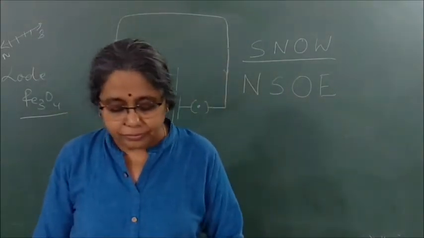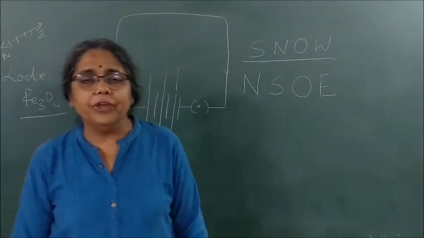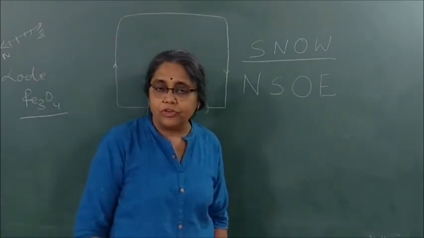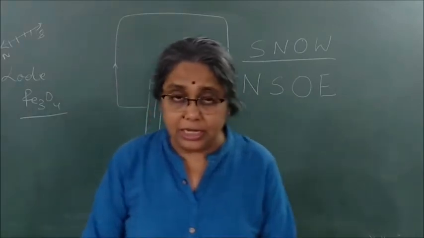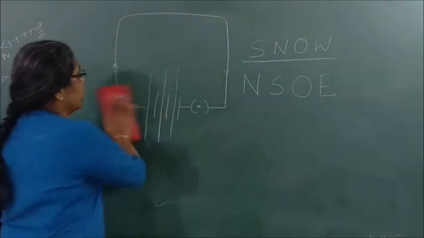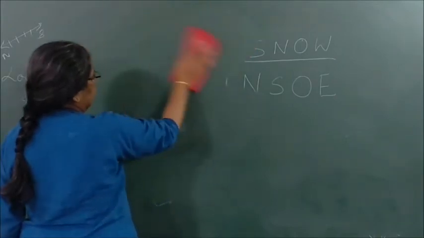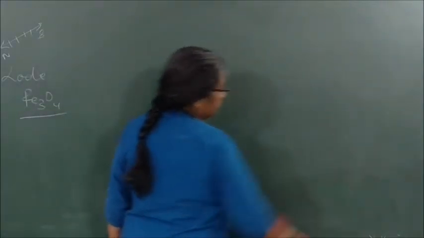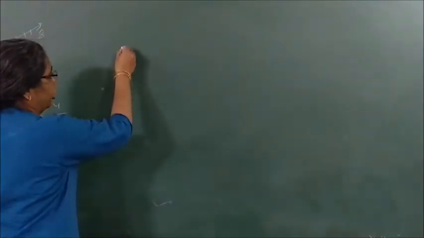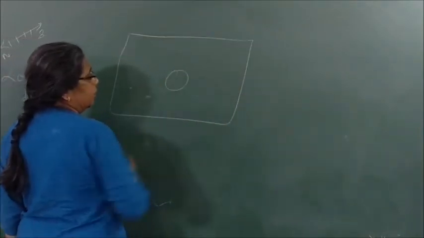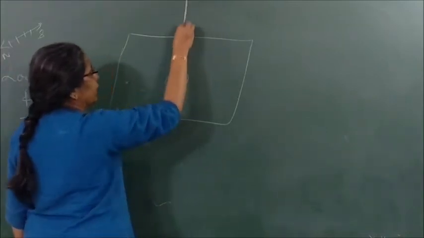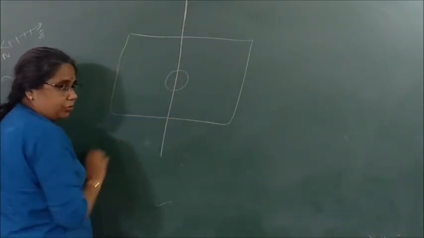Isn't it? After that, magnetic field due to a current through a straight conductor. So what is our activity? Take a cardboard, take a drawing board and make a hole at the center. When I make a hole at the center, I pass what? A straight conductor carrying current through it.